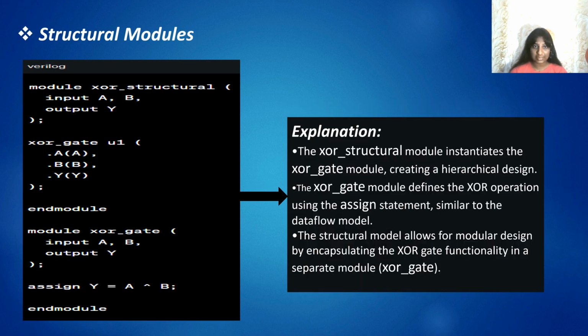Third one is the structural model, and here is the Verilog code for the structural model. We have taken two inputs A and B and output Y, XOR gate with A of A, B of B, Y of Y, and end module. And we have taken again A and B as input and output Y with the assigned value Y with A ^ B, and end. The XOR structural module